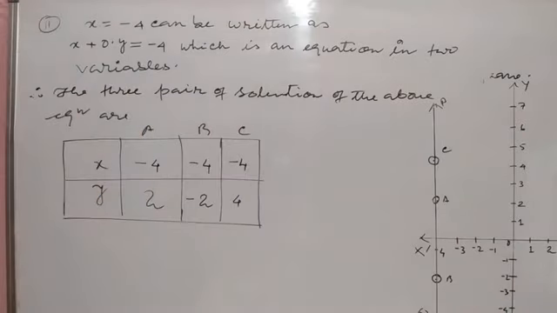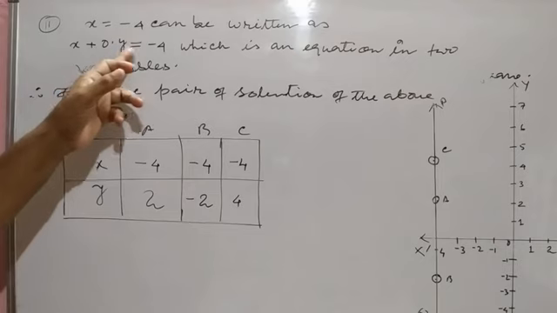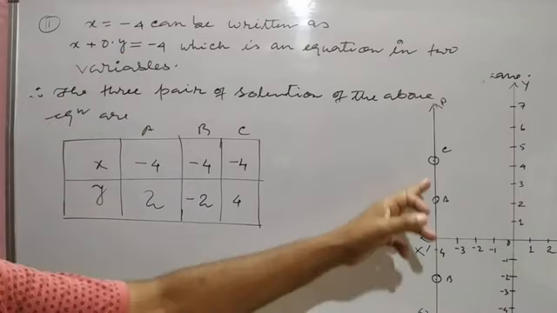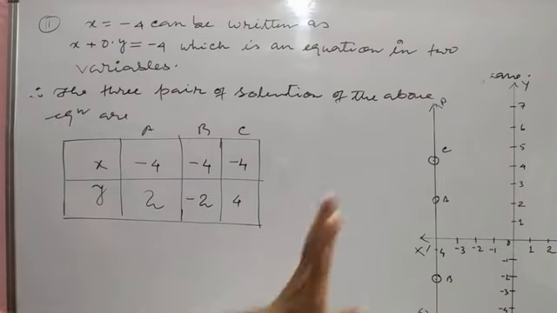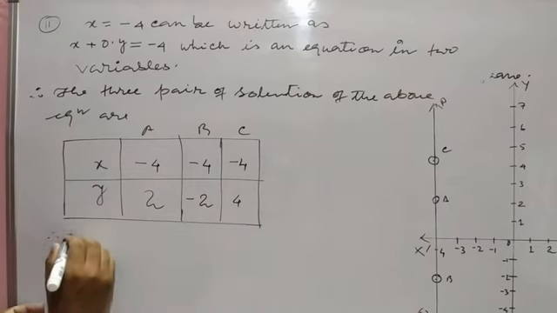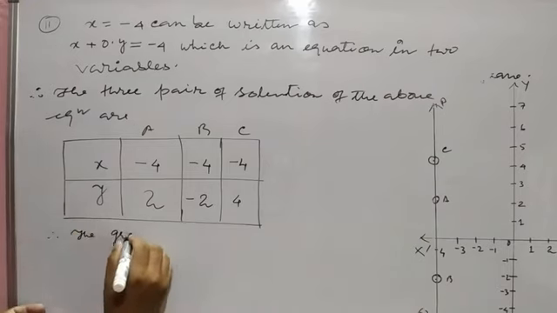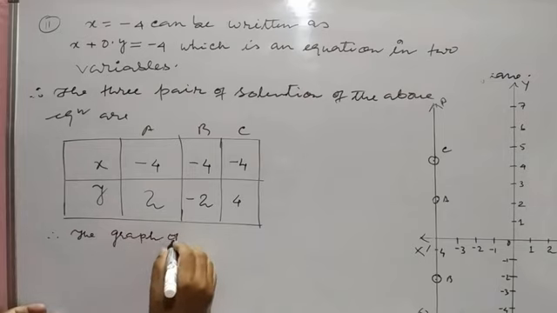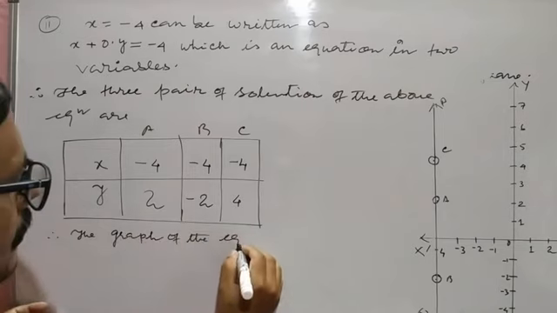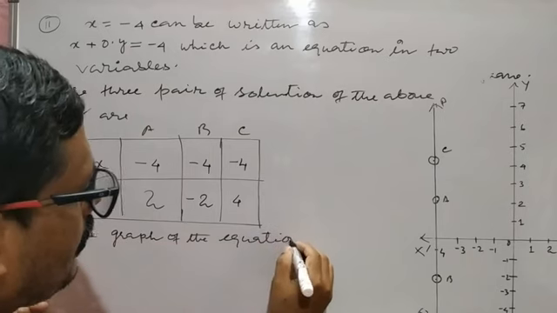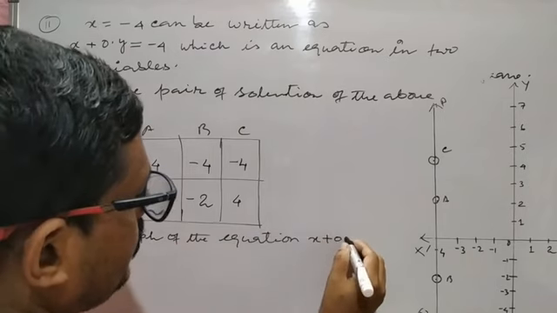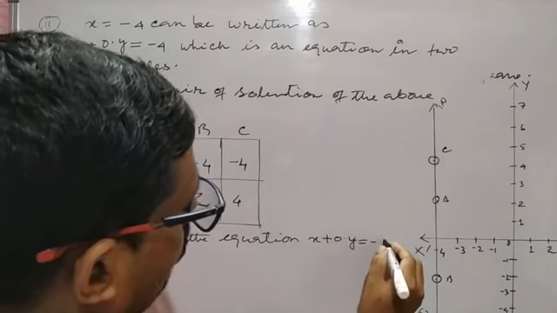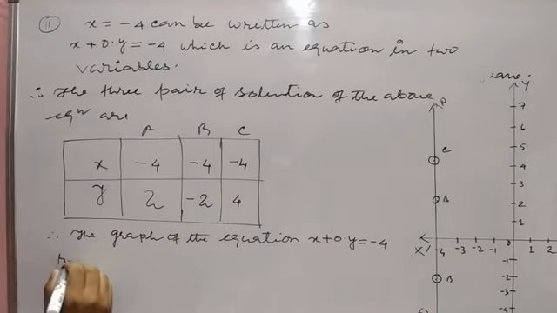Thus you can say that the graph of this equation in the Cartesian plane will represent a straight line which is parallel to the y-axis. Therefore, the graph of the equation x plus 0 into y equal to -4 represents a straight line